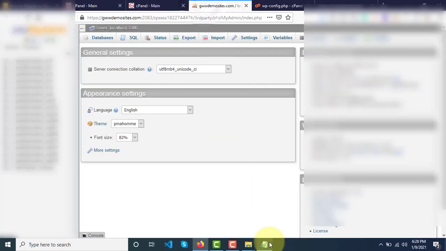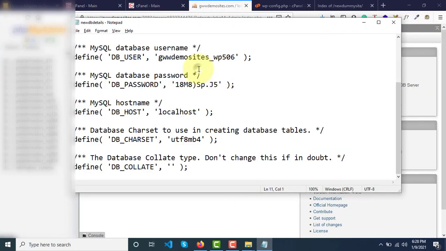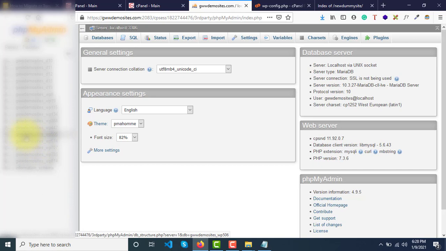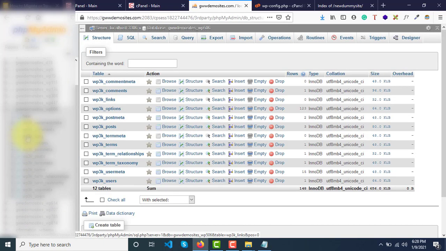Remember, I have noted down the database name, right? WP506. Now I can identify which is the database I need to work on. This is the website 506. Okay, so let me select this database, and now